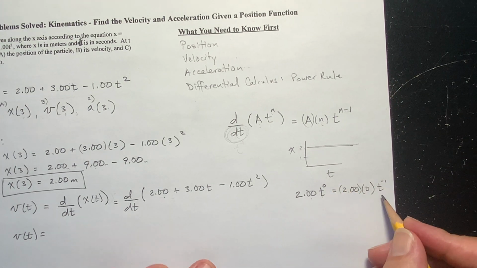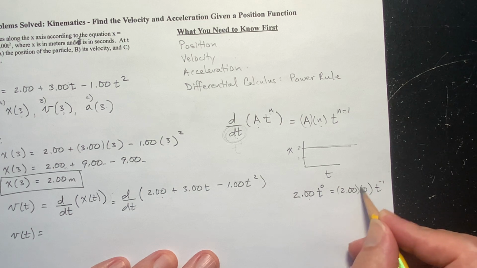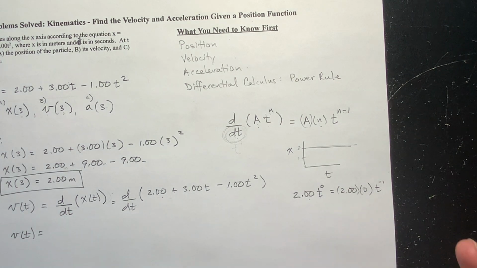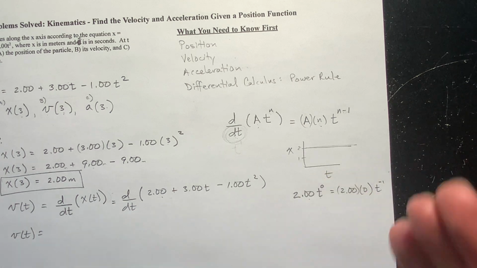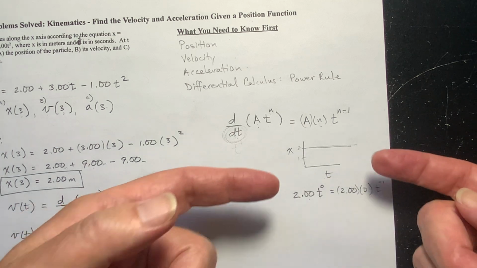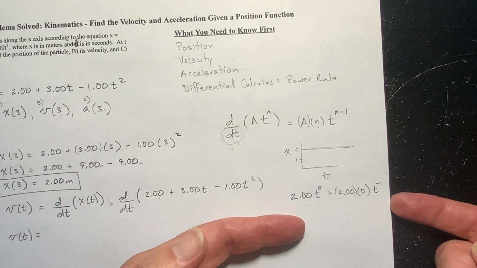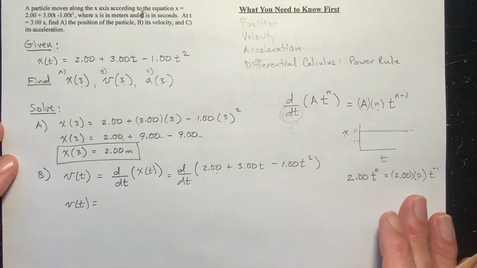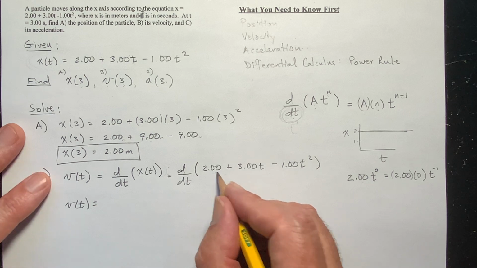That's t to the negative 1. But it doesn't matter because you're multiplying by 0. So that means the derivative is 0. It makes sense if you graph it, and it makes sense if you go through the mathematics of it. Hopefully you understand it. So this is just going to be 0